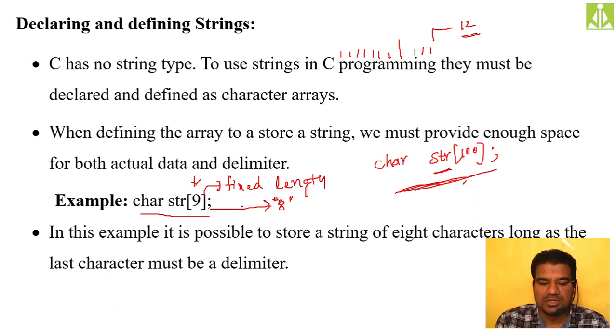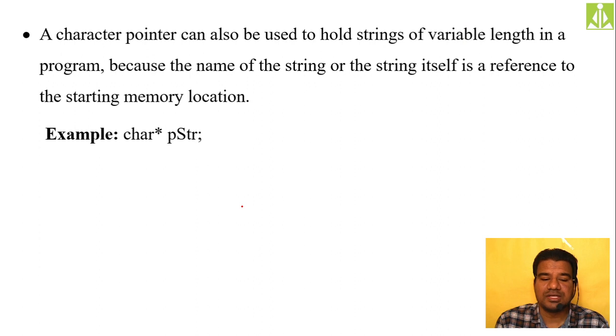Hopefully you understood. Declaration and definition we have seen. You can even declare a string pointer. About pointers, we discuss in our 4th unit. We can declare a string pointer to store the first location, because whatever string we are declaring, the string name will point only to the first character, isn't it? It is not going to point to the rest of the characters. So you can declare a character pointer to point to a string.